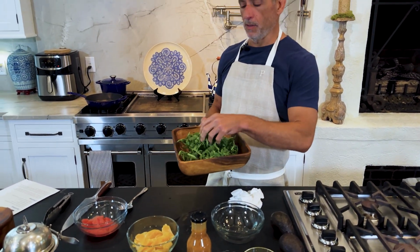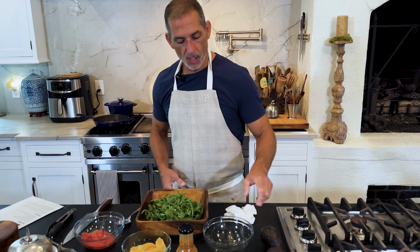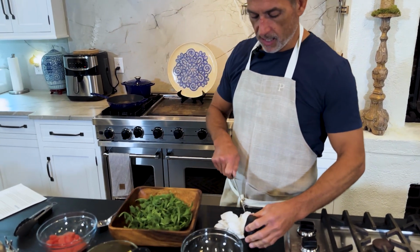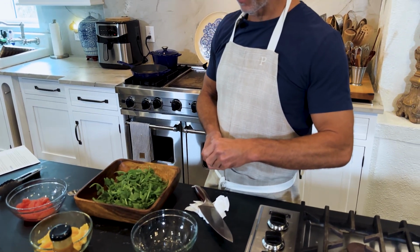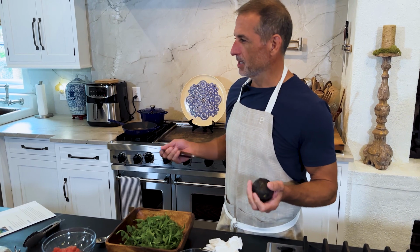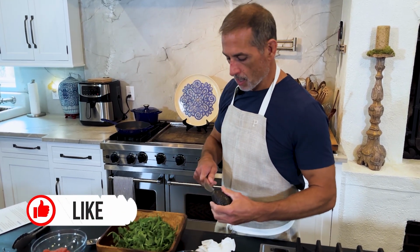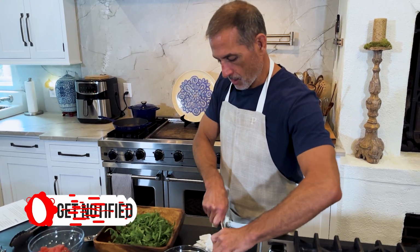We're starting with just a bowl of arugula, super simple, and we'll go ahead and cut our avocado. My family and I eat lots of avocados. I really like them. Hard to get good avocados down here, though. If you've ever been to California, then you really know what a good avocado is like. So it's a little bit hit or miss down here, but I've got a couple that I think are going